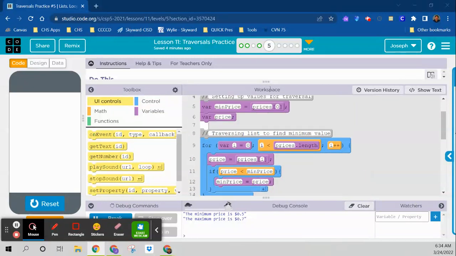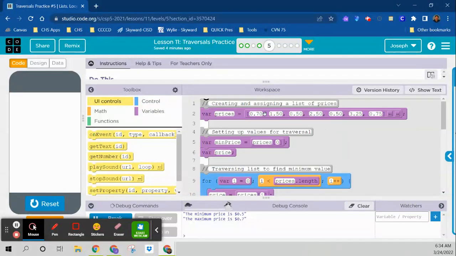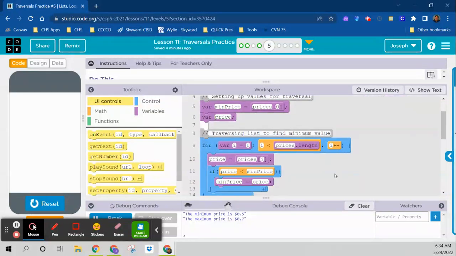In a nutshell, the first time it goes through, it says 0.70, and price is 0.70. If price is less than minimum price, then we can